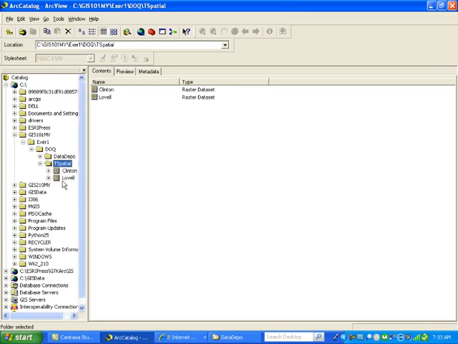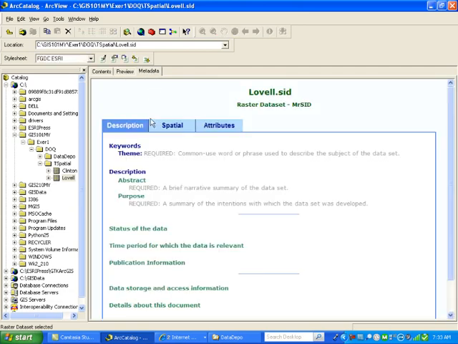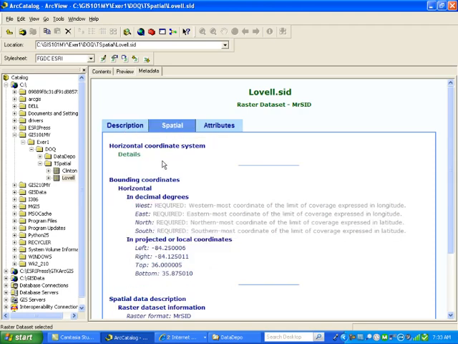And when I look first at the Lovell quad, I can preview that data if I want to, but what we want to do is go into the Metadata tab, and under Metadata you'll see a Spatial tab. Click that, and right at the very top you'll have information about the projection if it's been provided or defined, that is. And in this case we don't see anything here, which tells us that the data projection has not